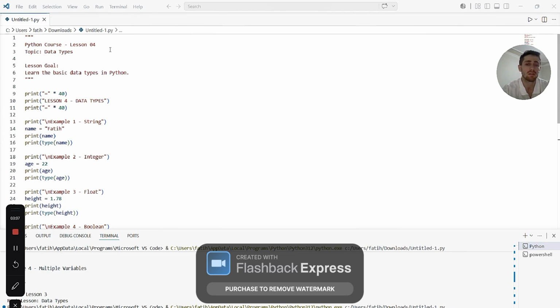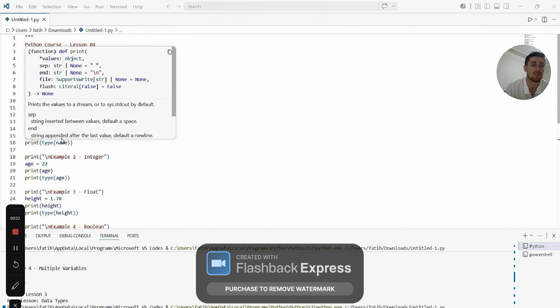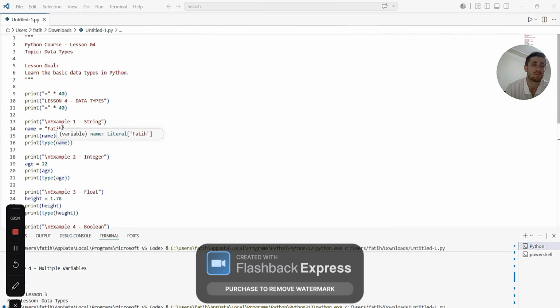And print example 1 string. Print example string starts a new section. The purpose is to make the output organized.